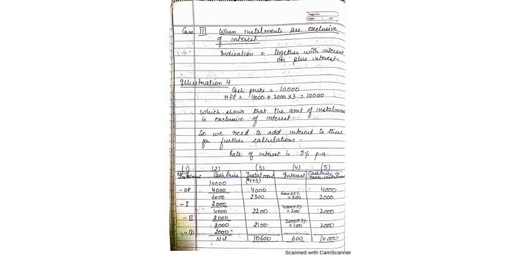This means the hire purchase price does not include the value of interest. So we need to calculate interest and add it to the value of this 2,000 rupees so that we get the true value of installment money, right? The rate of interest given to you is 5%.